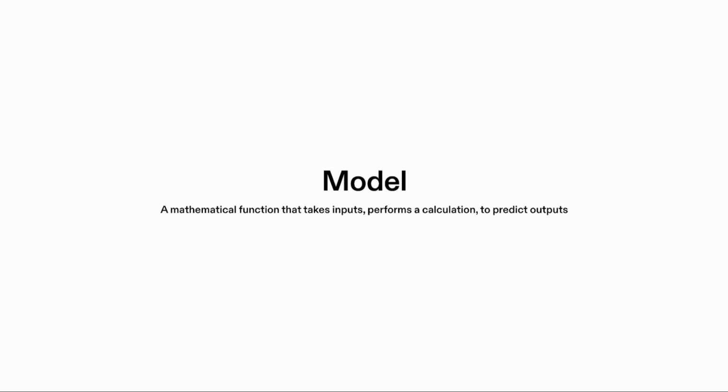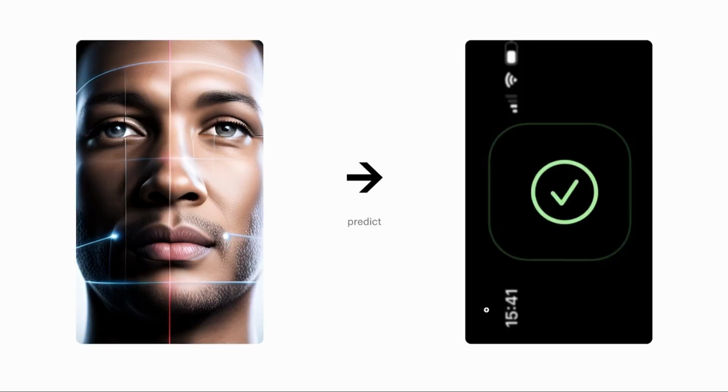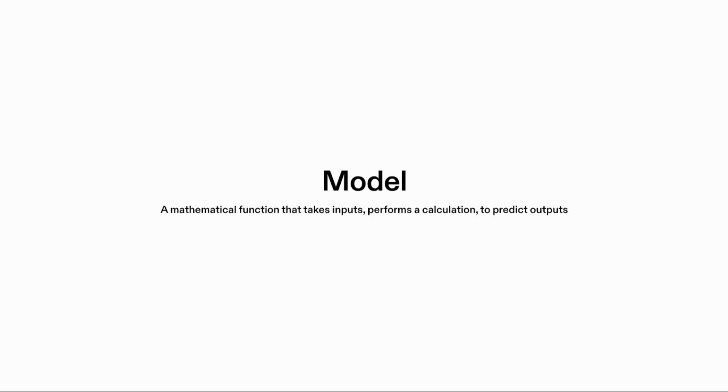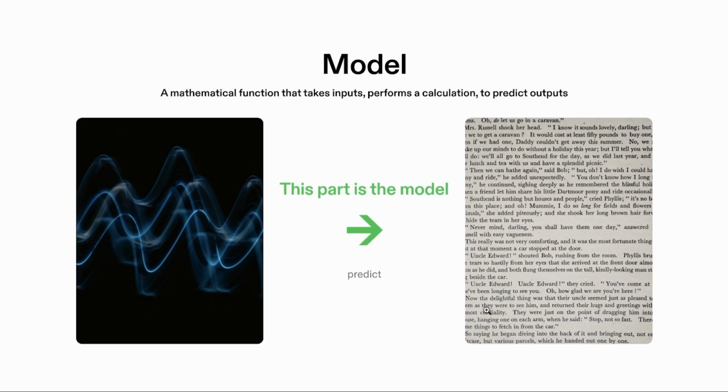To make those predictions, we use these things which we call a model. So the model is the thing that makes the prediction. It takes in an input, it processes it somehow, and it predicts an output. So it might take in this input image, the model makes a prediction to output that yes or no, this is or isn't that person. So models, really what they are is just mathematical functions. It's just some equation where it says output equals some function of these inputs. To tie those things together, this is the model, the green thing in the middle here. It's the part which performs that mapping between inputs to outputs, makes a prediction of outputs from the inputs.